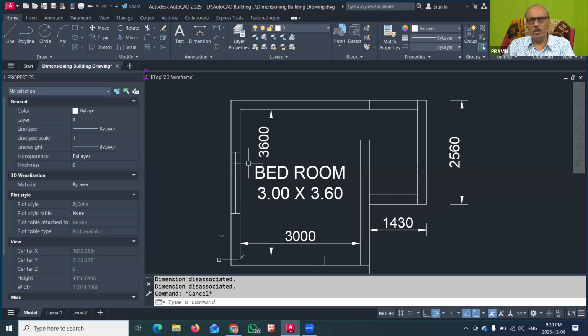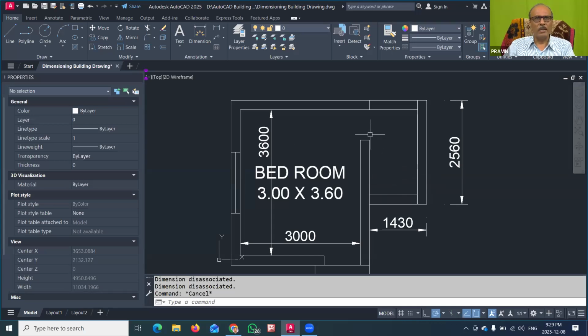But dear friends, this is not all about the dimensioning technique. Here there are so many important commands in the dimension style command, and those dimension line commands we will now proceed to. First we have completed creating the new dimension style, so that now we can properly show the dimensions on the object, on a building drawing, or on a building plan. So that is completed. With this, now we will proceed to showing the continuous dimension.